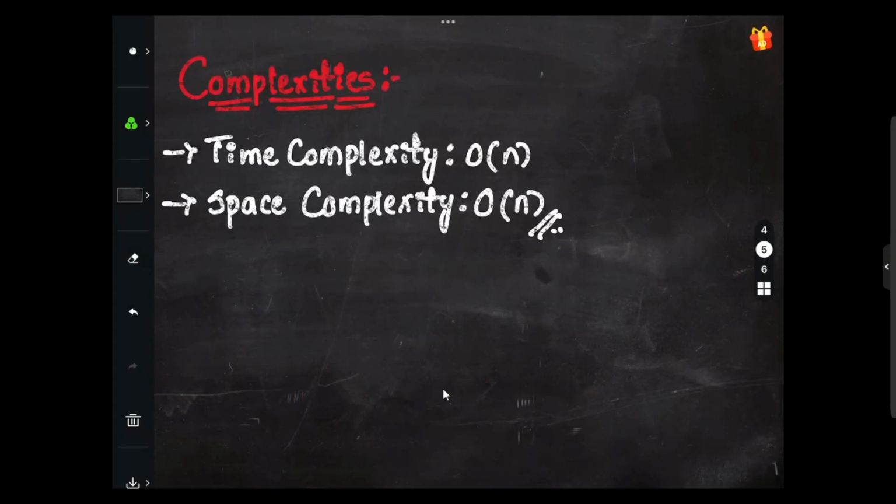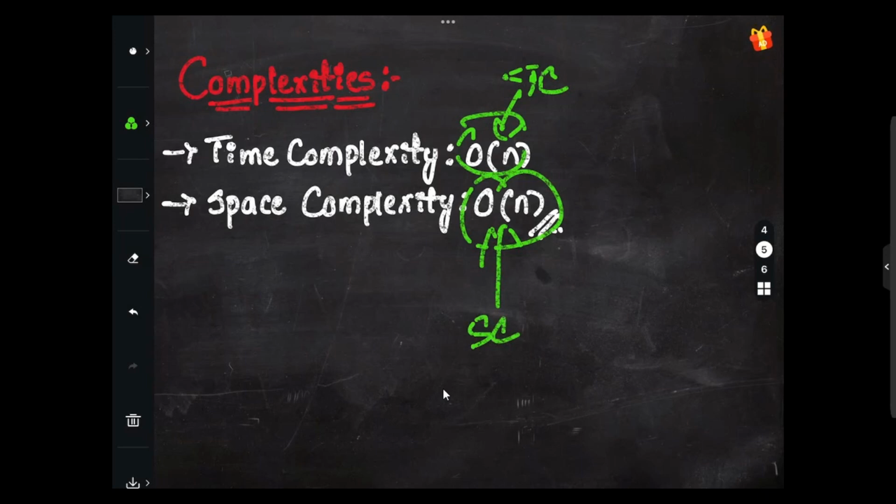So what will be the time complexity here? The time complexity would be big O of n. What would be the space complexity here? The space complexity would be big O of n as well. So why would the time complexity here be big O of n? Because each node